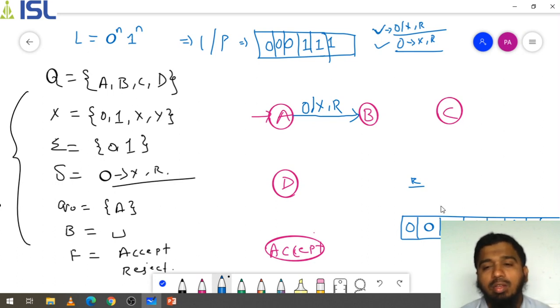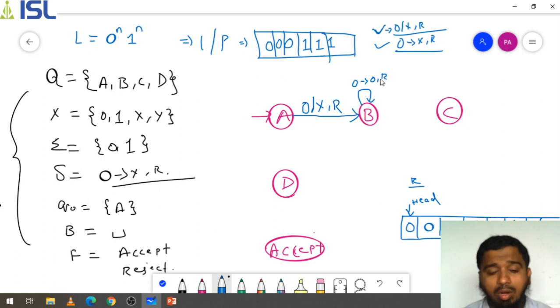Okay, this is my tape, and this is my tape head. Now I will show this. First I will draw 0 slash x, going to R. After that it should repeat until 0 is 0 comma R,